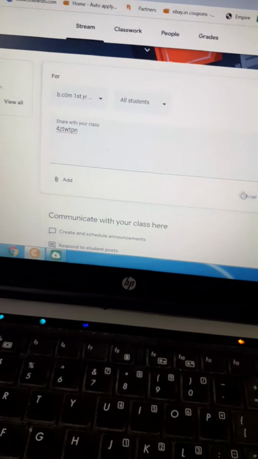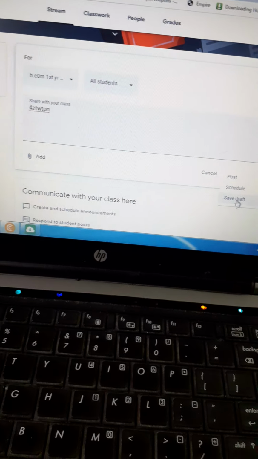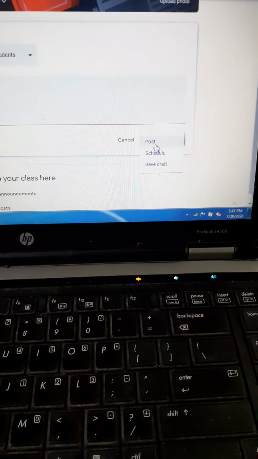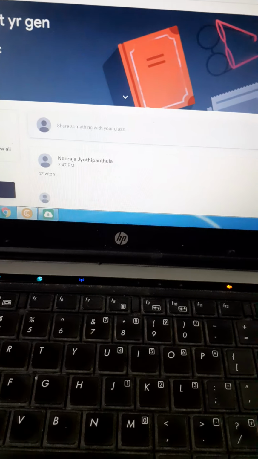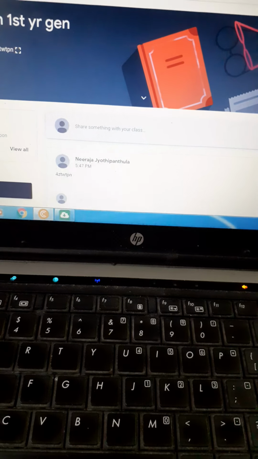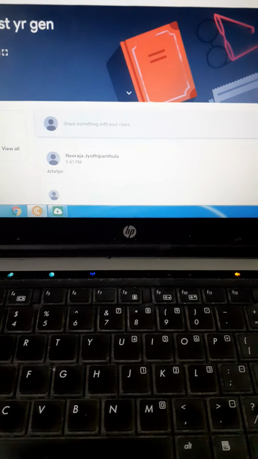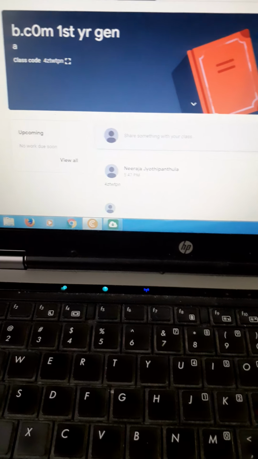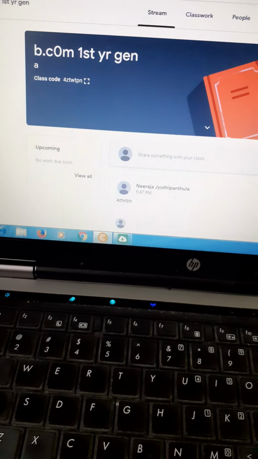Like typing here, or otherwise we can copy and paste the class code here also. So post, that's all, posted, over. In their mail IDs they will get this class code information. With the help of this class code they can join the class. So that is the process: inviting students and sending the class code to students.